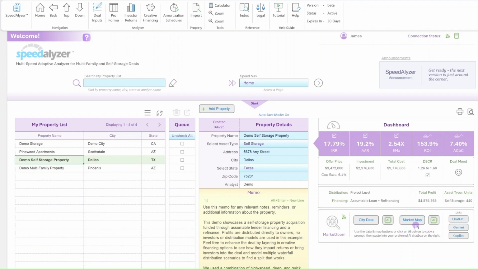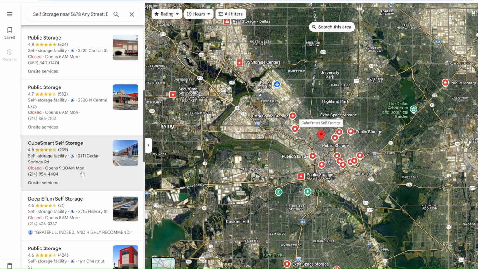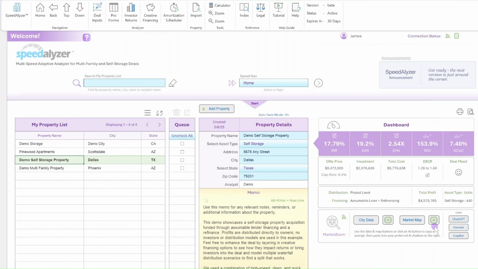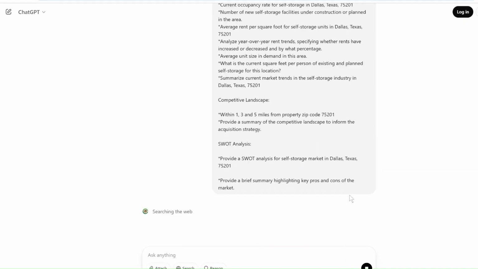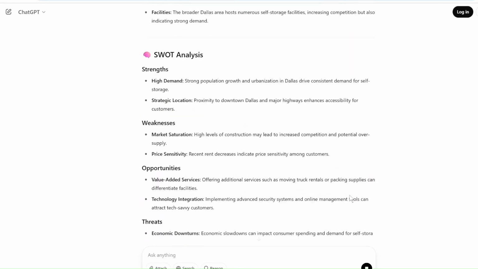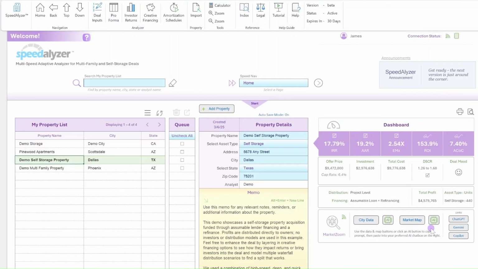Clicking the Market Map button launches a Google Maps search showing competing multifamily or self-storage properties, all marked directly on the map. For a more customized competitive search, use the AI Assist button to generate a tailored prompt for feasibility insights and market potential. Well, this wraps up our tutorial on the SpeedAlyzer homepage, the starting point for both your